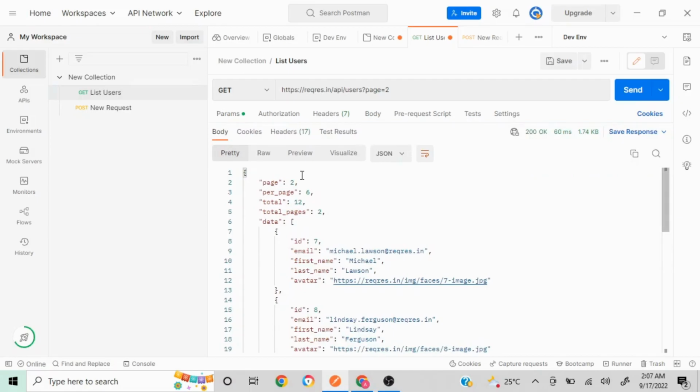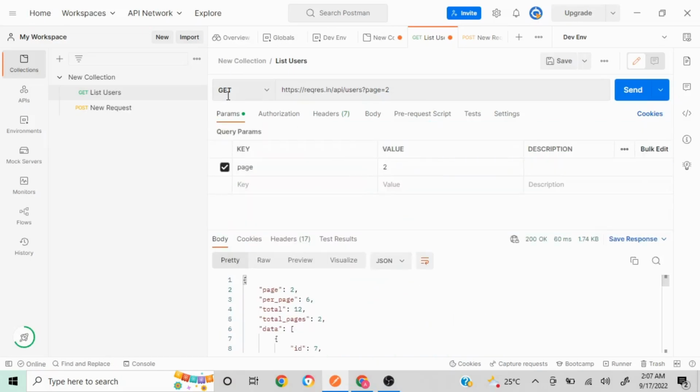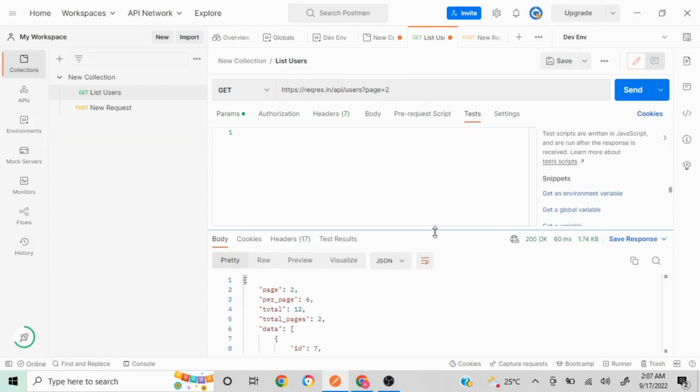First see the response. We are getting page, total number of pages, data, and there are several data entries displayed here. Whenever this is a get request, whenever we run this request, we are going to get this response. So first we are going to navigate to the test section. Now the first thing we need to do is fetch this response, and since this response is in JSON format, we need to